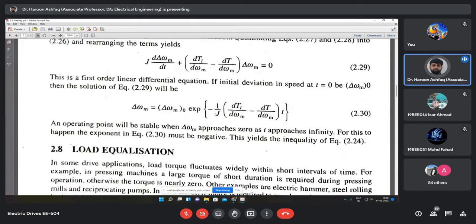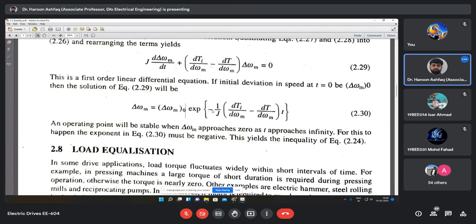ठीक है, तभी e^(-x), और अगर हम इस पूरे को x मान लें तो e^(-x) तभी बनेगा जब ये माइनस रहेगा। तो 1 अपॉन J इज ए कांस्टेंट, the only thing that can disturb this relationship is this one. If this goes negative, तो दिस विल बिकम e^(+x)। अगर हम इस पूरे को प्लस रखें तो ये माइनस और माइनस प्लस हो जाएगा। अगर इन दोनों ब्रैकेट के बीच में जो भी आपके पैरामीटर्स हैं, ये माइनस हो जाते हैं तो ये प्लस बन जाएगा, तो e^(+x) हो जाएगा, जो कि एक्सपोनेंशियली ऊपर चढ़ जाएगा।